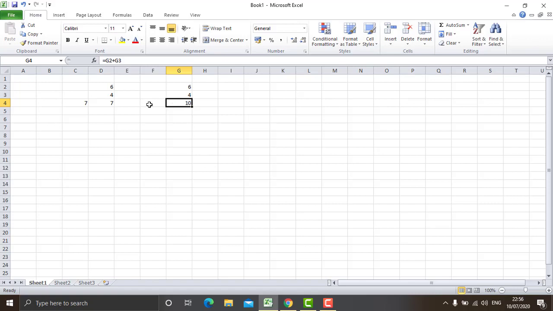And why is this happening? This is because of this formula. This formula contains the address of the cell, that is G2 and G3. Whatever value G2 has, whatever value G3 has, those two values will be added and stored in this particular cell, and that is G4. Suppose you make 5, 4, press enter key, it is 11. So automatically the result will change. So this is why we prefer to write the name of the cell in place of the values.